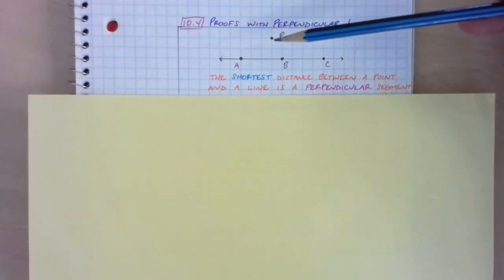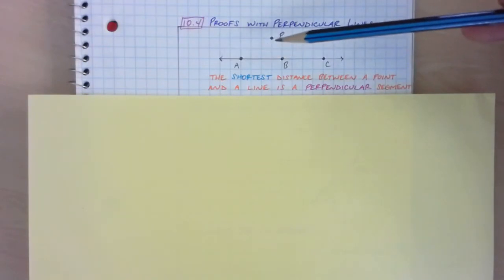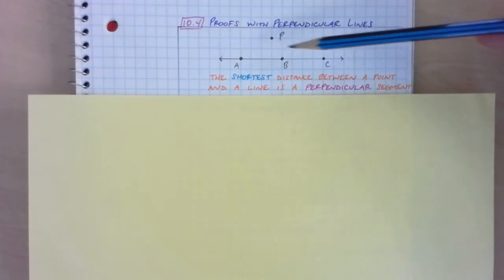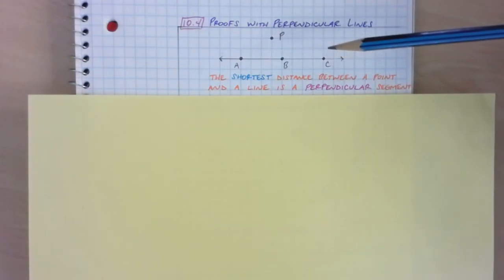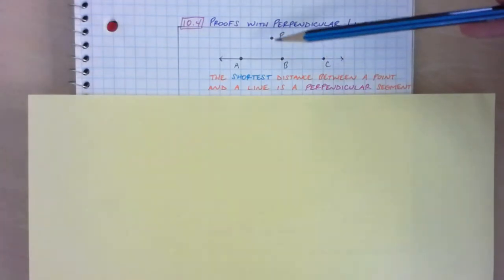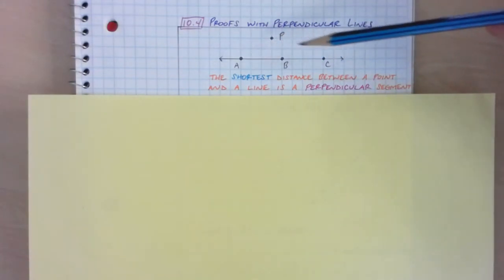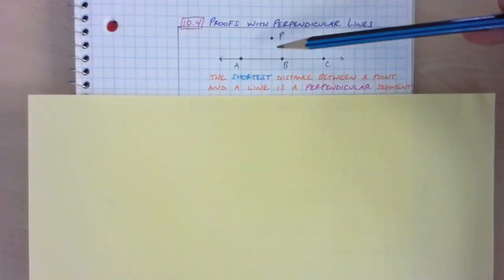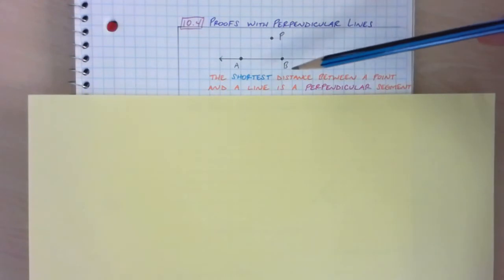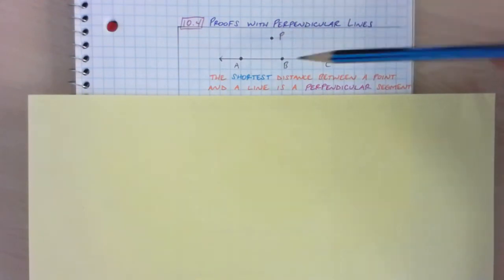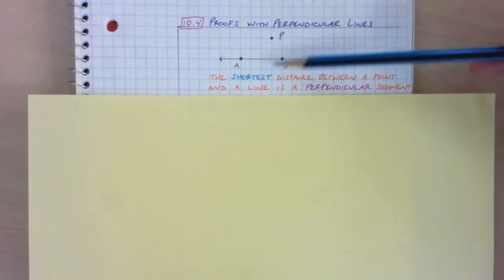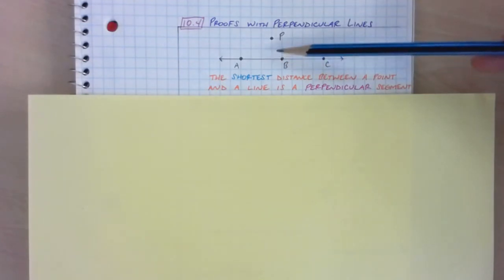And we can kind of see that illustrated here. If I were to draw a segment connecting A and P and B and P and C and P, one of those three is much shorter than the other two. Namely, hopefully you'd realize that B and P is a much shorter segment than, say, connecting A and P or C and P. And what that's illustrating is that I can even go shorter than this segment. It's the shortest of the three possibilities, but if I were to get even more perpendicular, and hopefully you understand that this is a horizontal line, so perpendicular to that should be a vertical line. So if I were to make a point right here, that would be an even shorter distance than B to